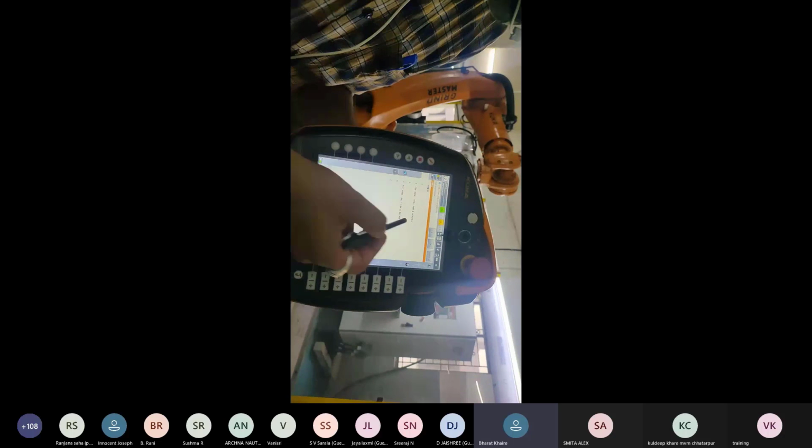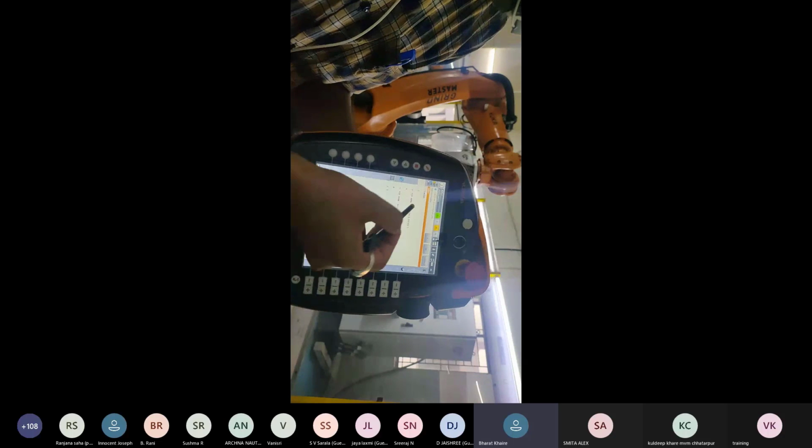In between these two home position lines, we make our program.